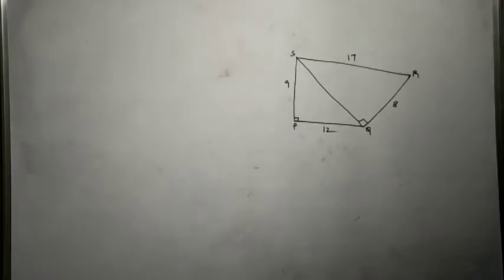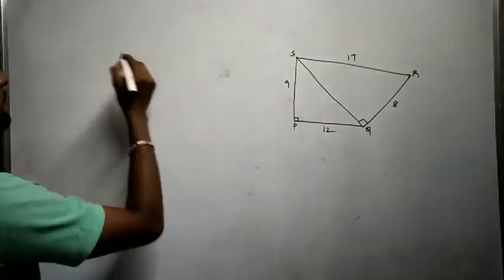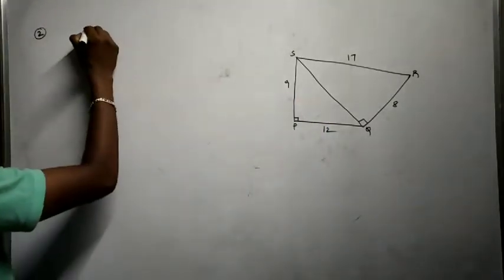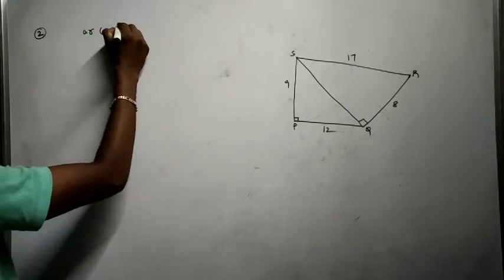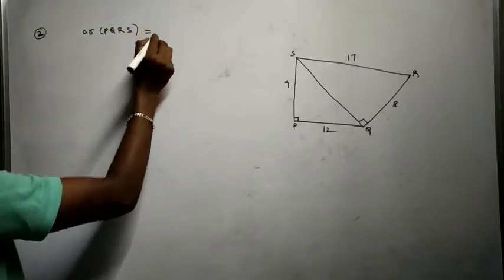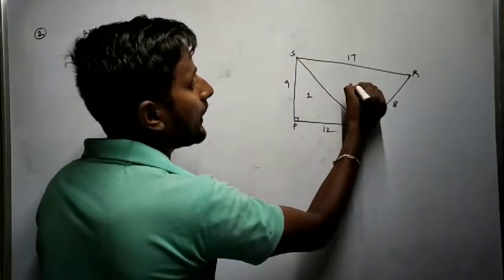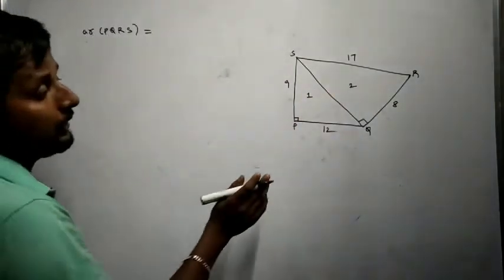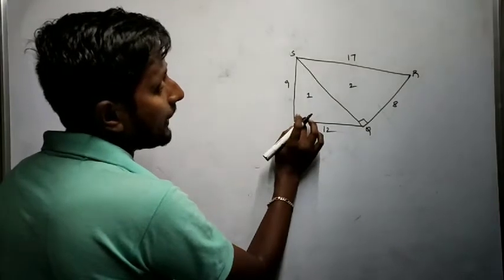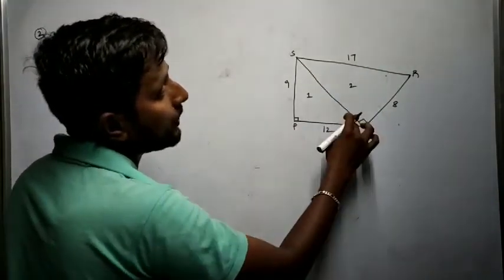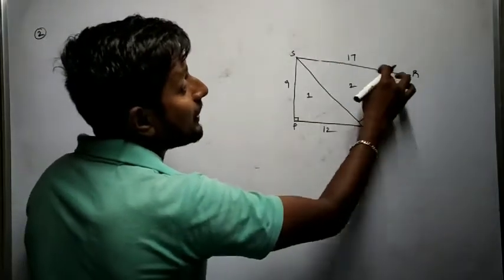So now, that is the given problem. Second question. So simple, here it is asking us to find the area of PQRS, and that is the given information. Am I right? So see, PQRS is a quadrilateral, and I can divide it into triangle 1 and triangle 2. Remember, the side opposite to the right angle is the hypotenuse. So in the first triangle SQ is the hypotenuse, in the second triangle SR is the hypotenuse.